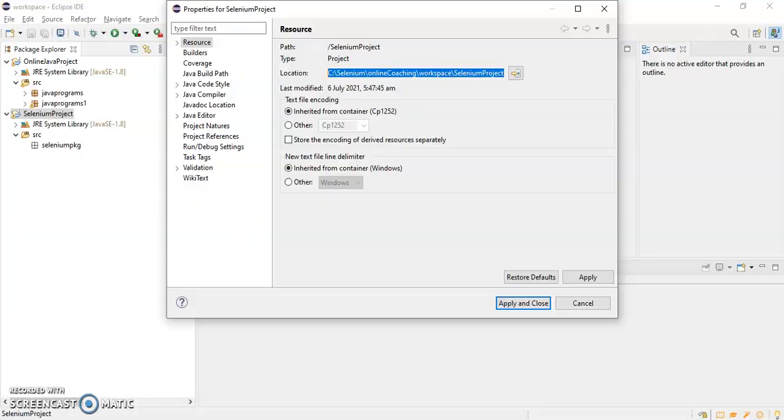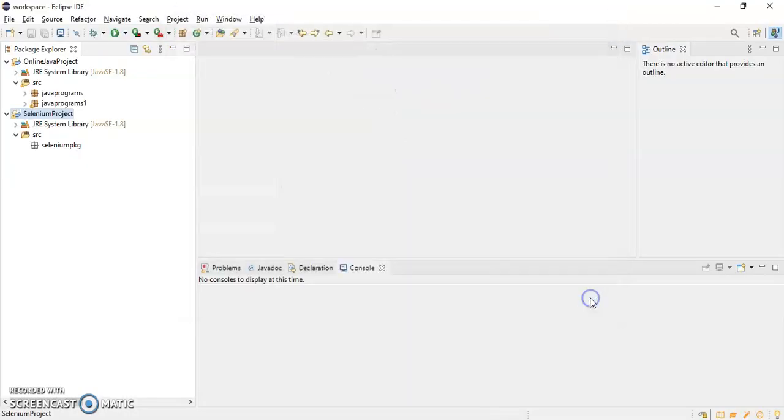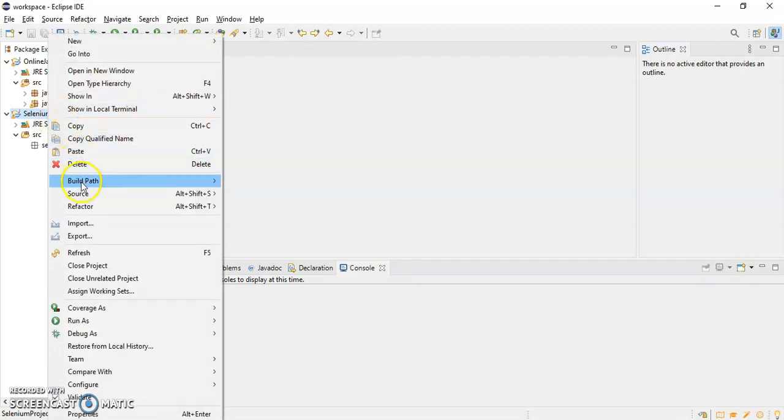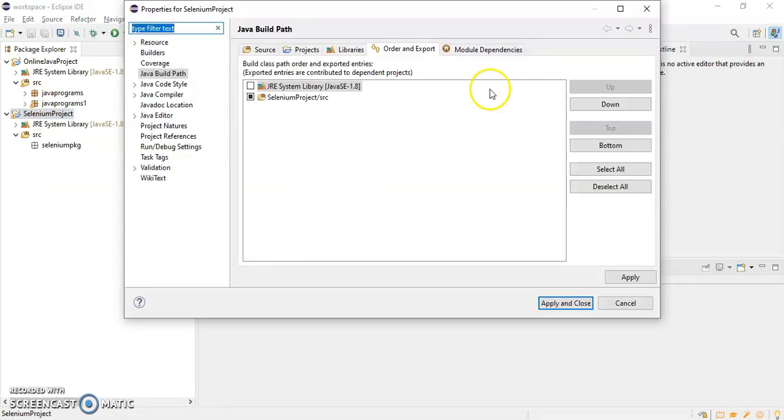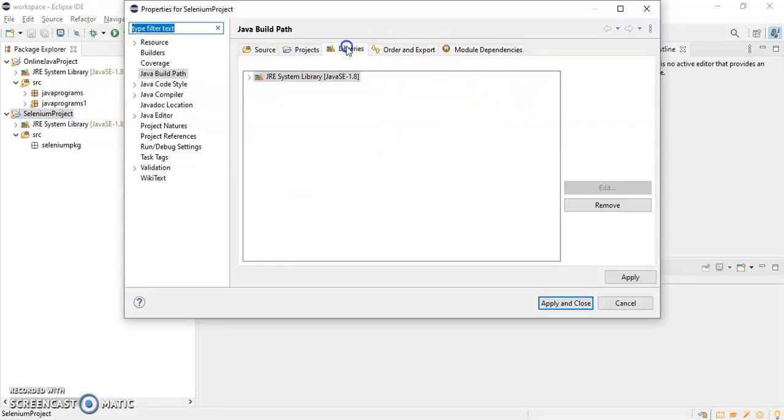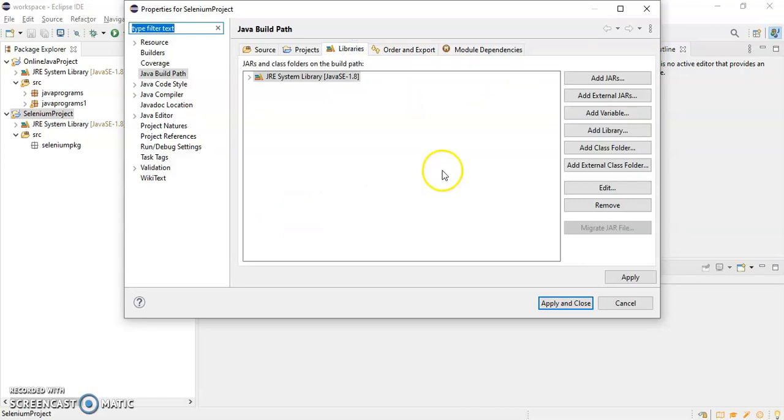So how to configure? Go to your package explorer. I have created this project. Right click on this project, go to build path, configure build path, then go to libraries. You will find something called add external JARs.